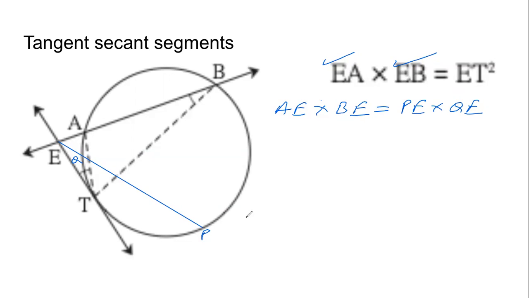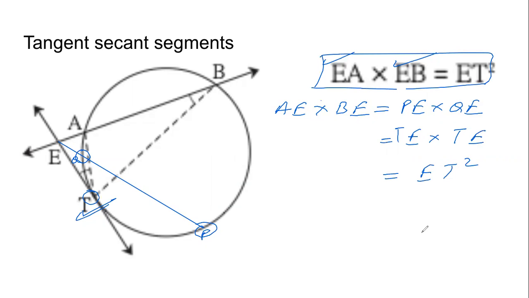But what is happening here is we don't have another chord. We have a tangent. So we don't have 2 points P and Q. We have just 1 point T. So for P we have T, for Q also we have T. And the E remains. So we have ET square. This is the theorem. This is not a proof. I'm just telling you what the similarity is with the external division of chords. If we know the similarity, then it is very easy for us to remember what the theorem says.